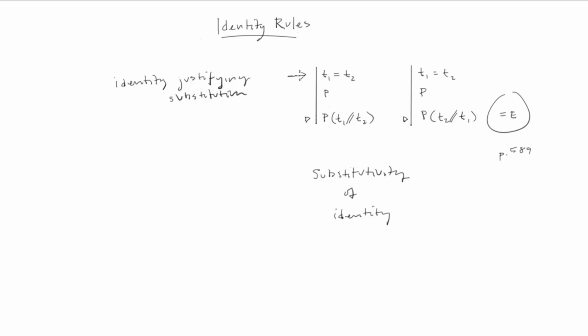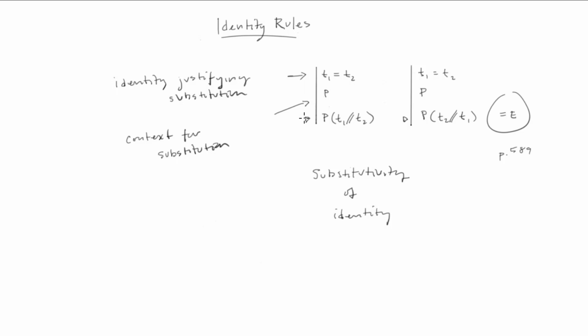Okay, so we always have to have an identity justifying substitution. And then we also have to have a context for substitution. And of course, what's going to be a context for substitution would be any sentence that has one of these names in it. Okay, if it doesn't have one of those names in it, it's just not a context for